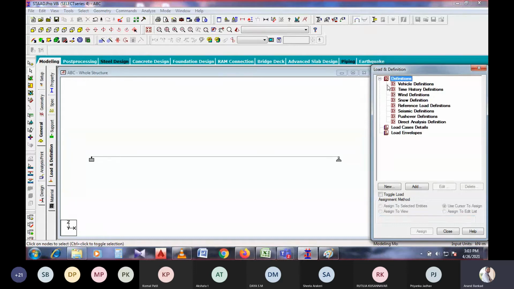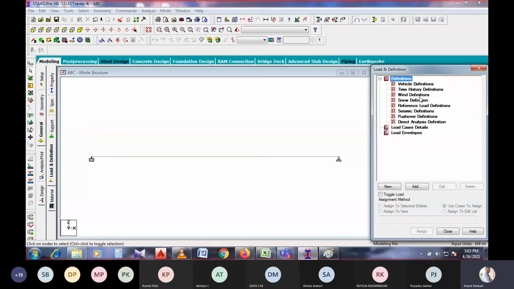the analysis that is carried out for the structure for different kinds of load. That means the load will not be considered as a common load. For example, the vehicular definition, that is vehicle load, if you are going to consider it, the structure is to be provided for parking, right? And time history definitions, right? And seismic definitions are all related to earthquake engineering, right? If your structure is provided in earthquake-prone areas, in that case we have to analyze for seismic definitions.